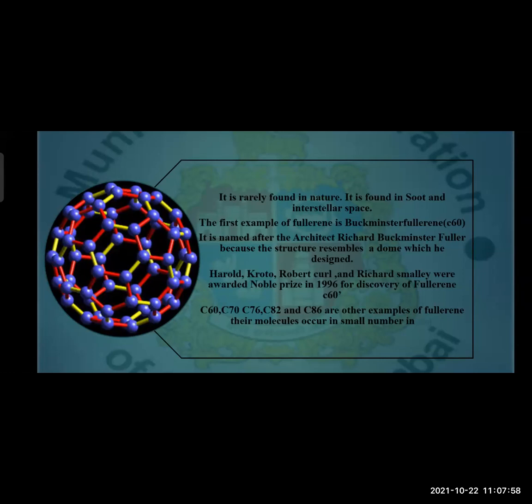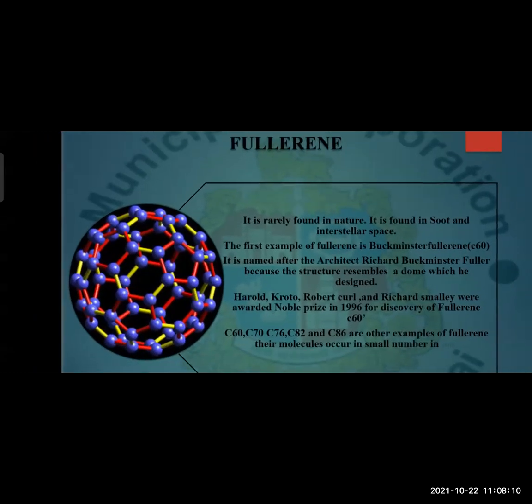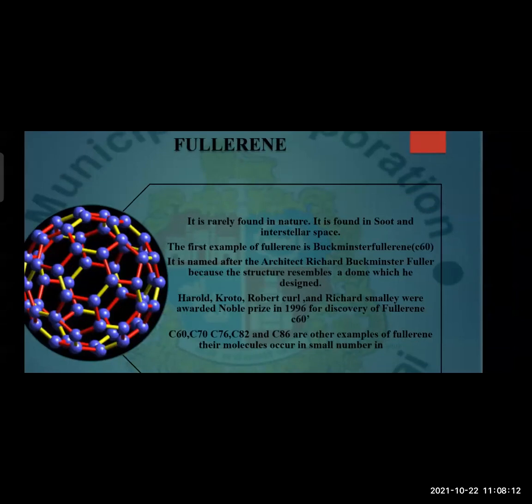And let's now move on to the occurrence and the discovery of fullerene. So fullerene is rarely found in nature. It is found in soot and interstellar spaces. Pay attention here, interstellar spaces, a new word and a good word to know. So soot means the smoke. Soot means the black powder,